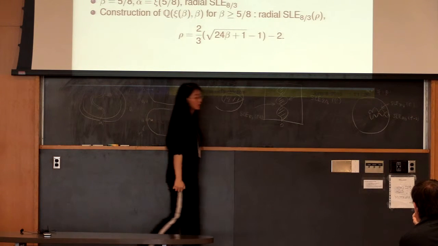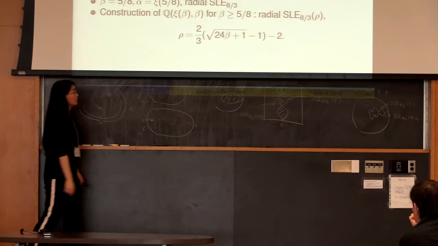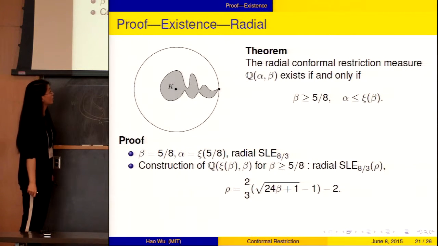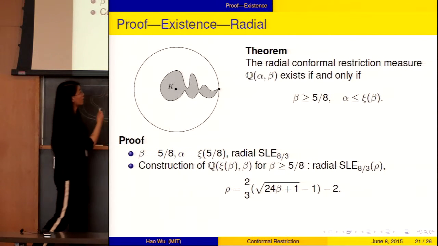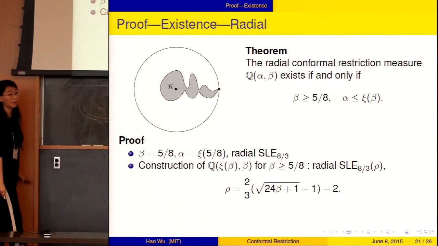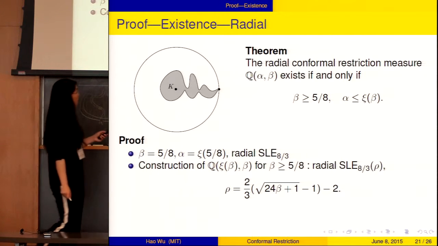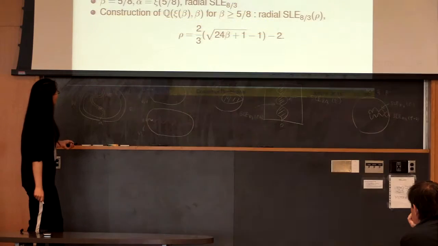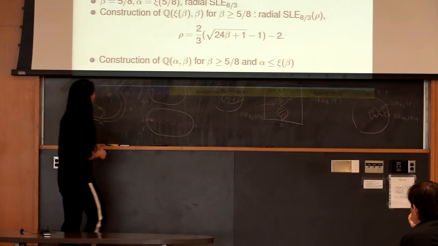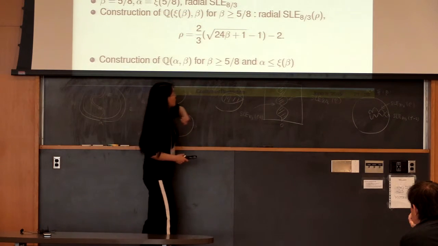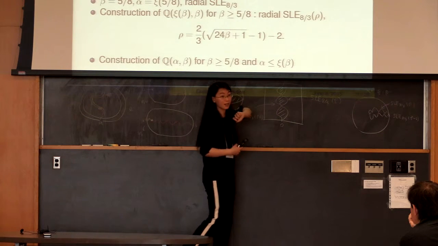And we can calculate directly that the obtained random set satisfies the radial restriction measure with boundary exponent beta and alpha exponent equals c beta. This is the upper bound of alpha. And next, for a smaller alpha, so beta is there, but for alpha smaller than its upper bound, how do we